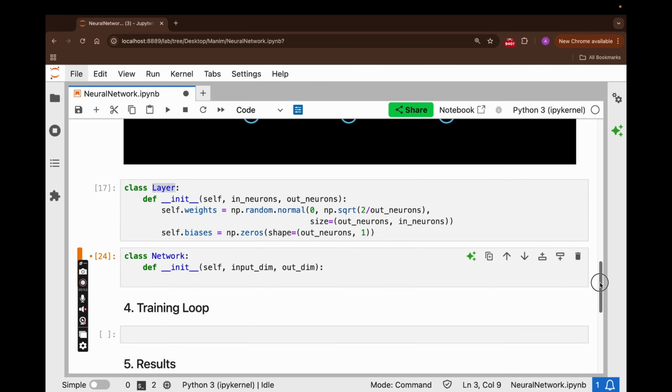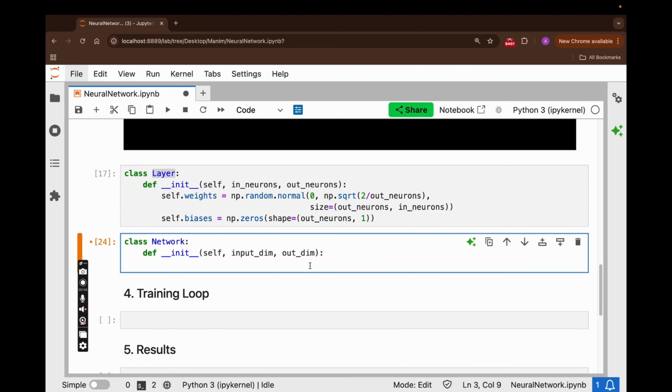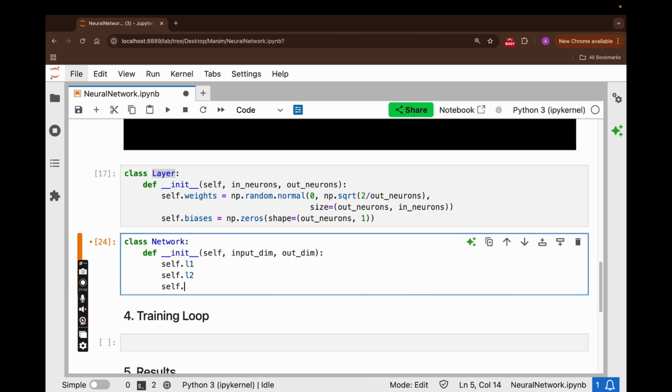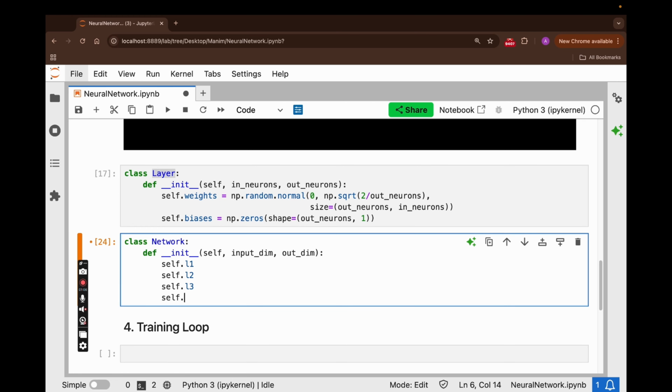The next step is going to be to initialize our layers. We will have a total of 4 layers to initialize, 3 hidden layers, as well as our output layer. These layers will take the arguments of neurons in and neurons out as we structured it last time. And so the first layer,